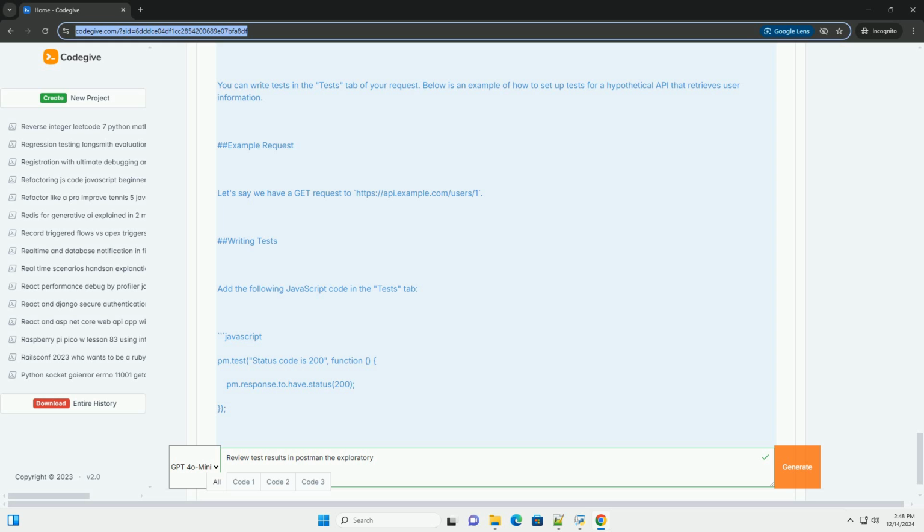}); pm.test("Response contains a JSON object", function () { pm.response.to.be.json; }); pm.test("Response has a specific property", function () { const jsonData = pm.response.json(); pm.expect(jsonData).to.have.property("id"); });